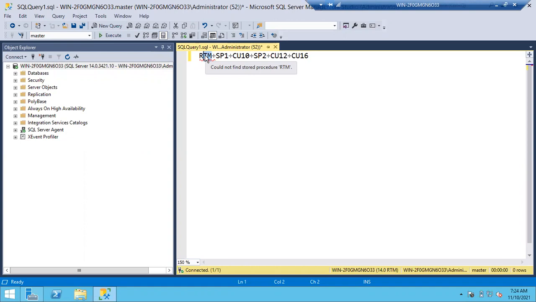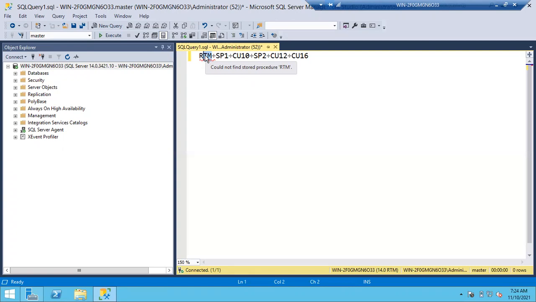On top of RTM, you can directly patch with SP2, or if SP3 is available, you can directly apply SP3, because all the SP1 and SP2 features are available in SP3. Those are all cumulative. All service packs and cumulative updates are cumulative. Cumulative means the latest pack is enough. For example, I have CU16. Do I need to install CU1, CU2, CU3, CU4 up to CU15? Not required. CU16 is enough.